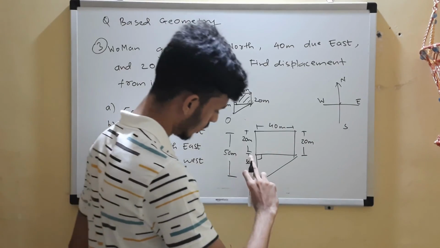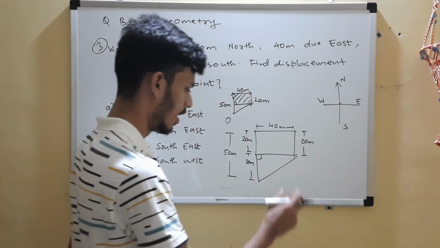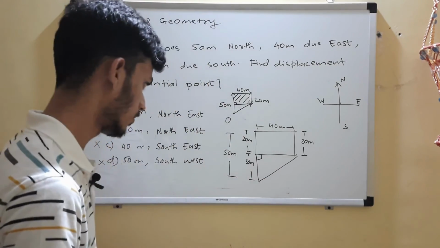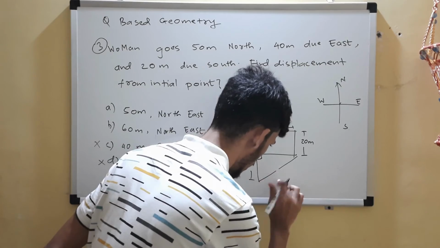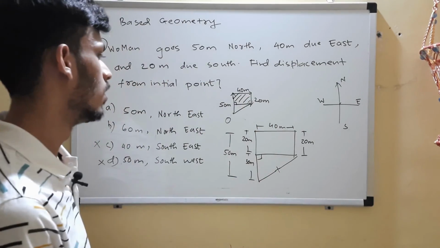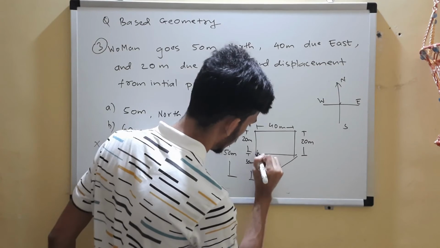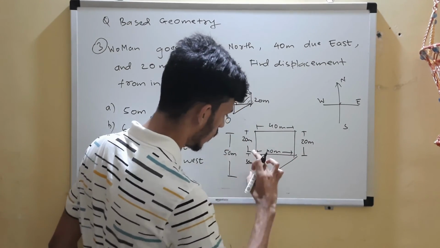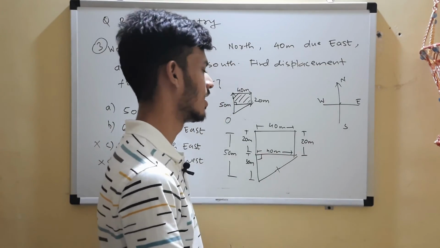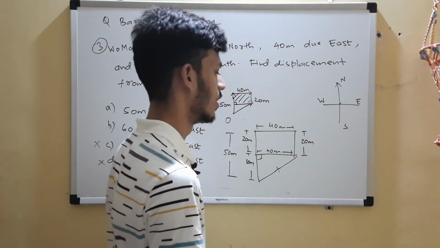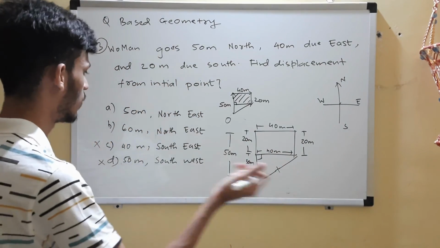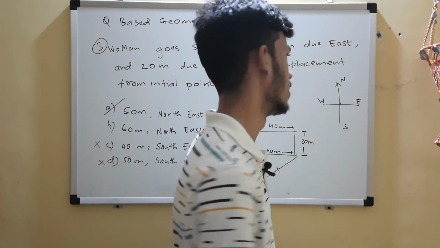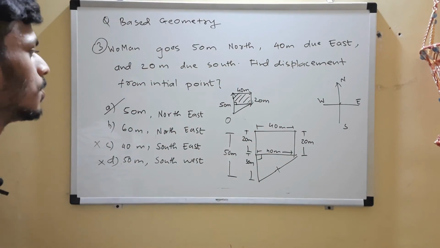So you got one side of this triangle, you want the other side, then you can find it by Pythagoras. This is a right angle triangle. You want to find this side. Now the other side is 40 meters, opposite sides are equal, this is a rectangle, so 40 meters. 40, 30, Pythagoras, I think it's 50, 3, 4, 5, just like one more zero. So the answer was 50 meters northeast. That was so easy. So you can note it down.